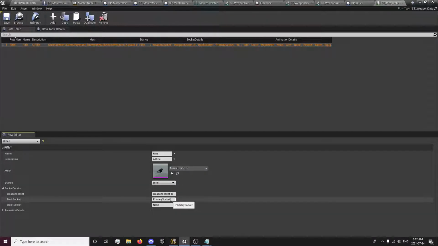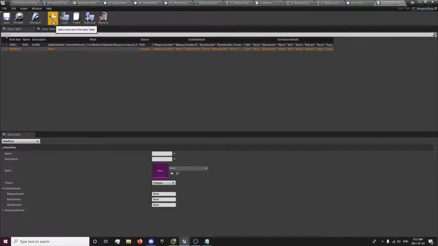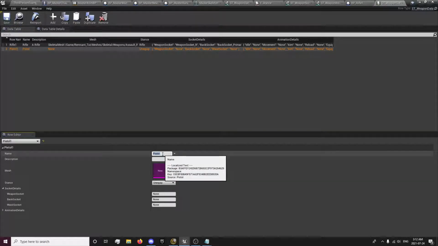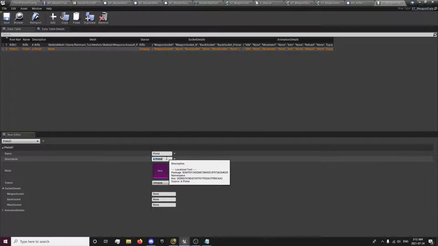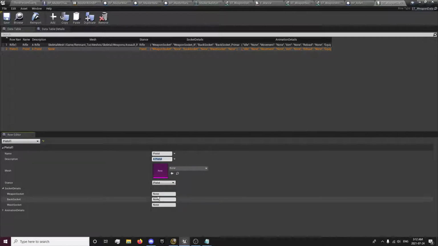back socket primary. And there's no waist socket animations, we never set up yet. We'll do that in another video. This one is going to be pistol 1, and you fill out this information. Pistol. And there's no back socket, so next it's going to be